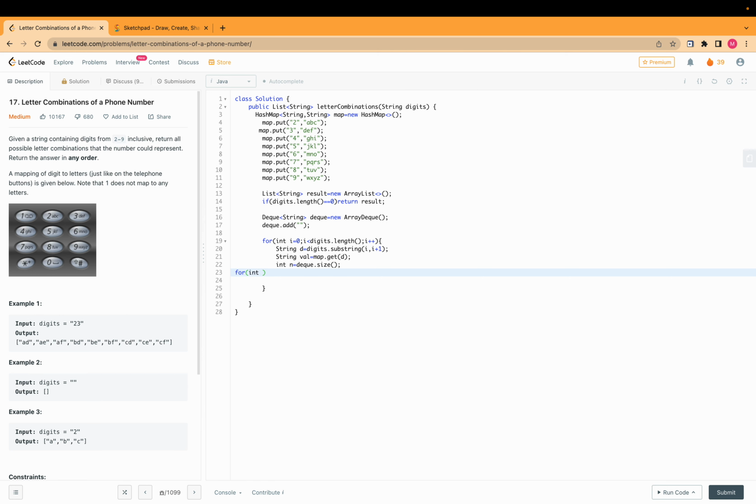we'll create a loop for integer j equals to 0, j is less than the length of the deque, and j plus plus, we will poll from the deque, like first we will take out this empty element, and then again we will have this for loop, k is less than value dot length, and then k plus plus, and after that we will create a